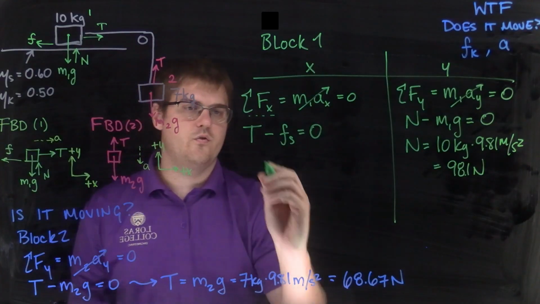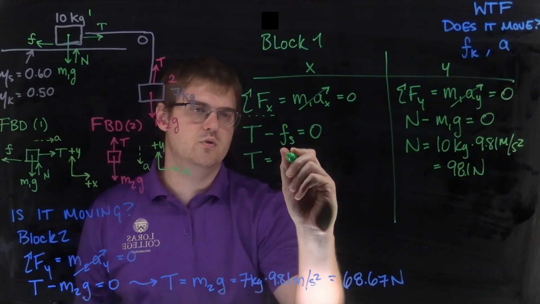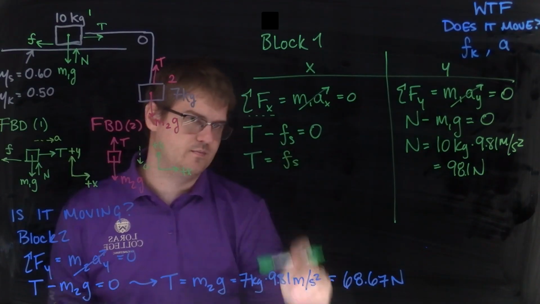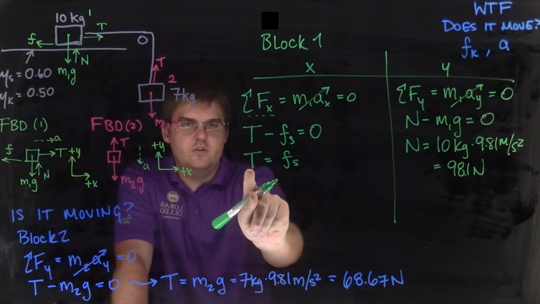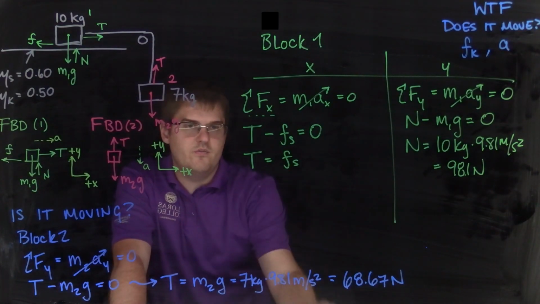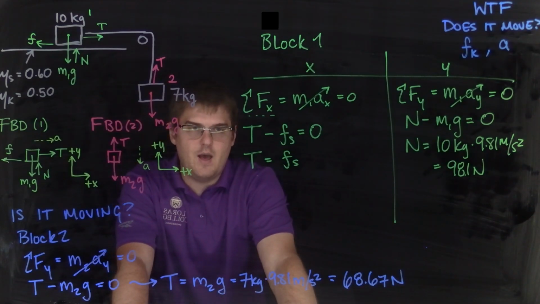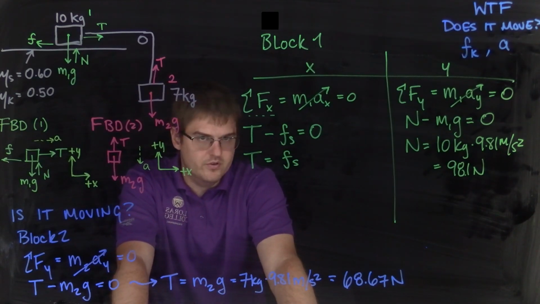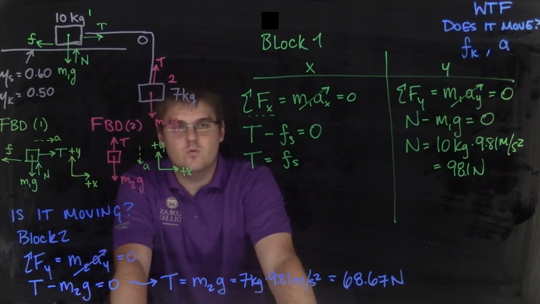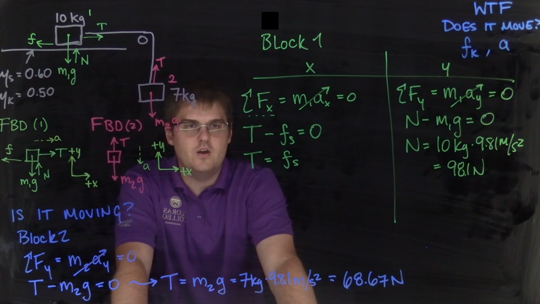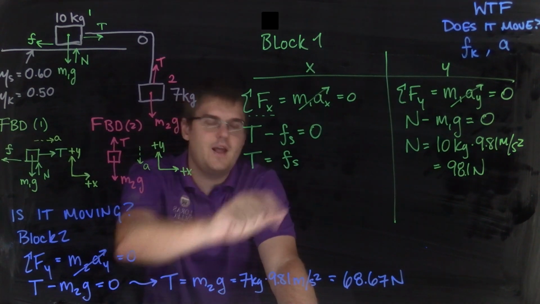So in this case, for it not to move, tension has got to be equal to my static friction. That is the not moving condition. If tension is greater than the force of static friction, then it is going to move. If the force of static friction is greater than the tension, not only is it not going to move, then this is not actually my force of